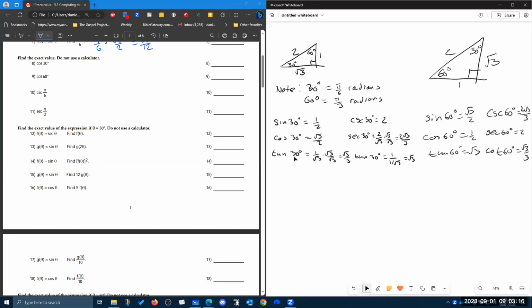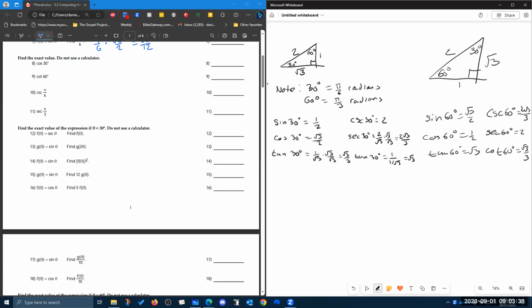In this video, we are going to find the exact values of trig functions of 30 degrees or 60 degrees. 30 degrees is also pi over 6 radians. 60 degrees is pi over 3 radians. To do that, we're going to use our special 30, 60, 90 right triangle, which I've drawn in the upper